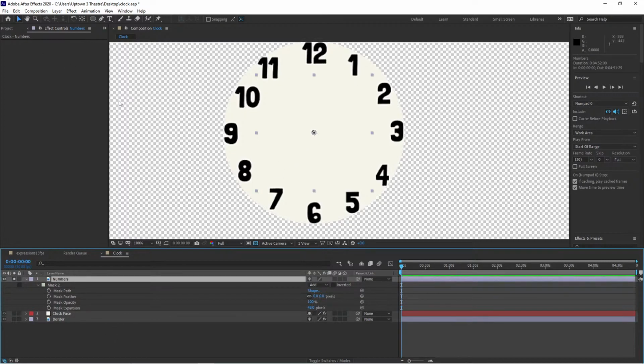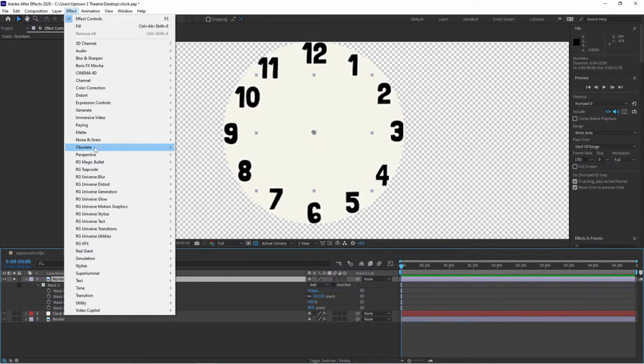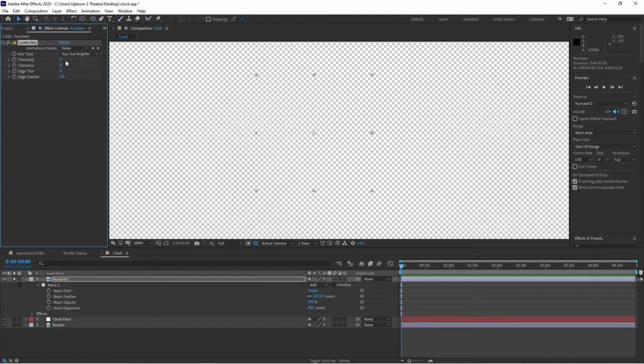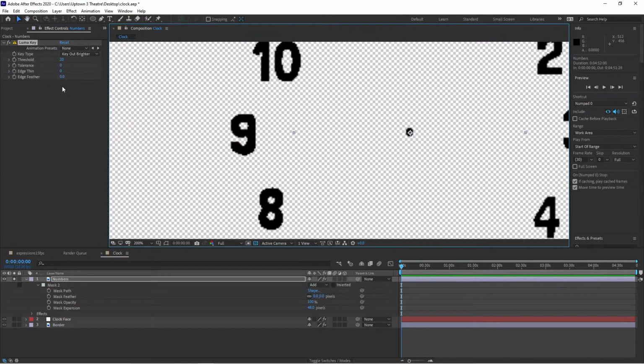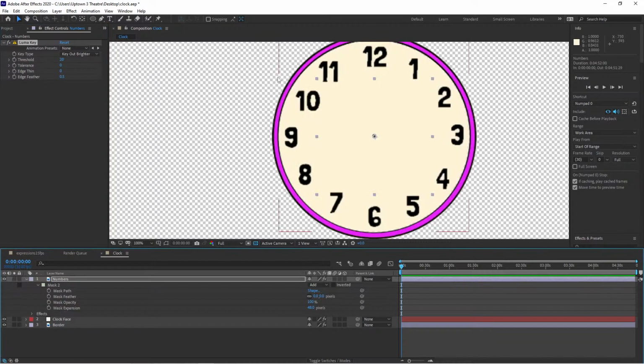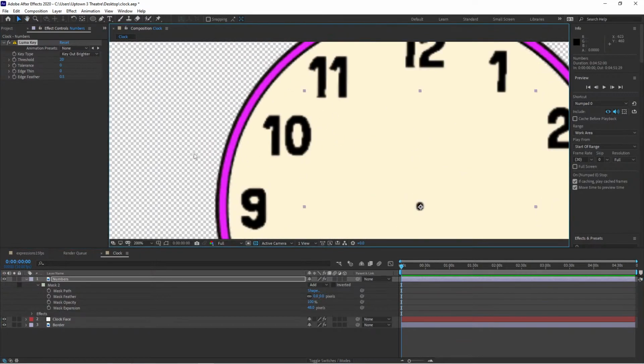And then I'll probably just do a Luma key on it. So go to Effect, Obsolete, Luma Key. I want to remove all the bright areas and leave just the text. So I'll key out the brighter, and I'll turn our threshold up a little bit until our numbers are still visible. This isn't the highest quality image, so it's going to be a little pixely. But if I shut off the solo layer, you guys can see what we've got going on here, where it's got